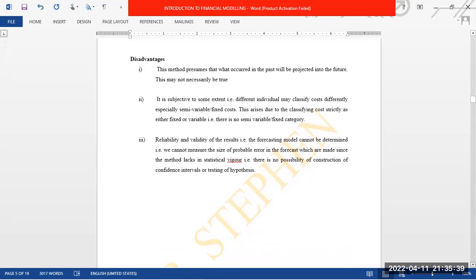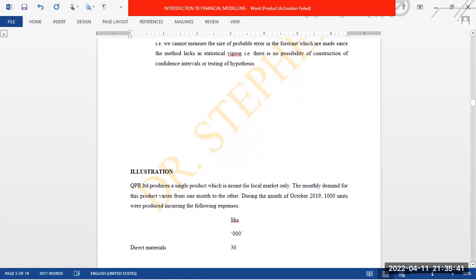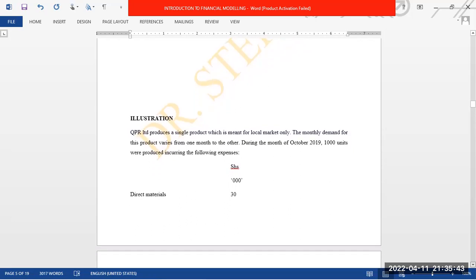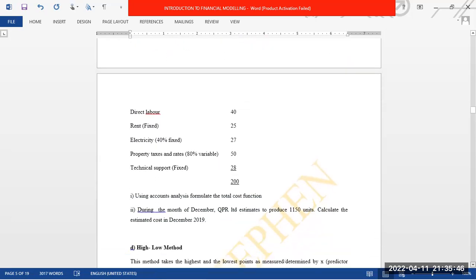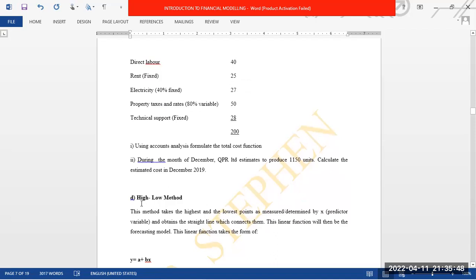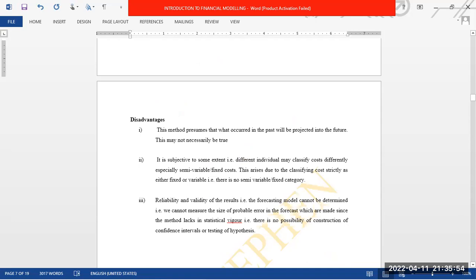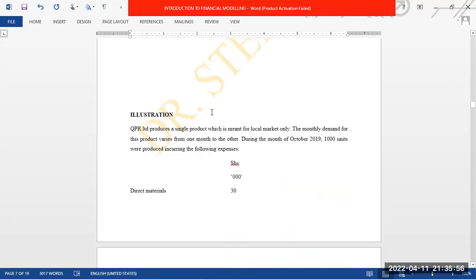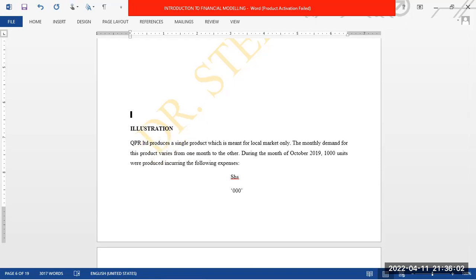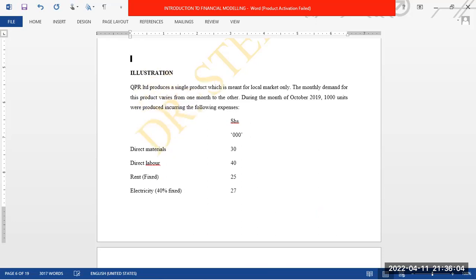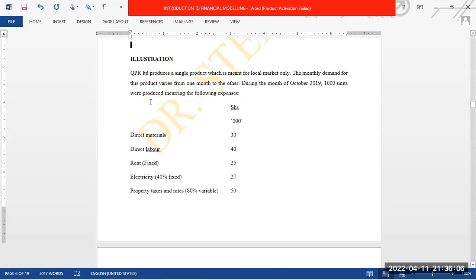Our number four approach is the high-low cost or high-low method approach. So for illustration purposes, for the account analysis approach, this is how we are supposed to be doing this. An illustration: